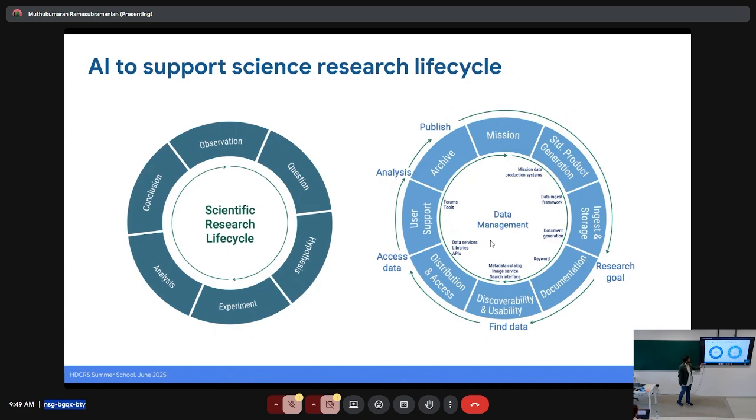Better archive will lead to better downstream applications and building models and so on and so forth. So data management really is a key driver for us to do better AI,